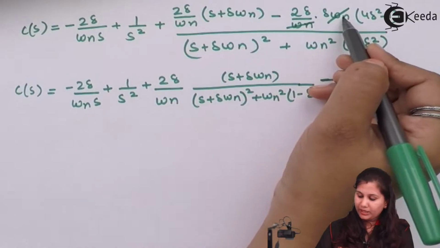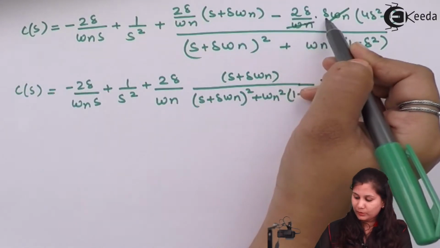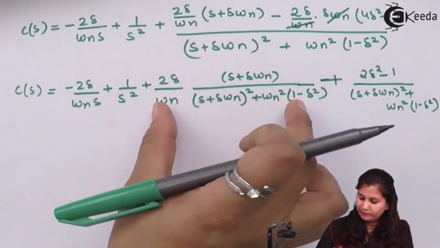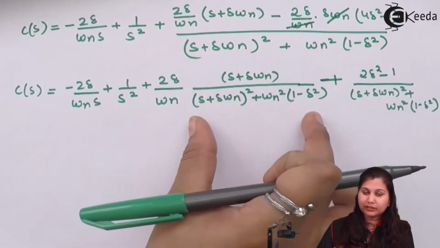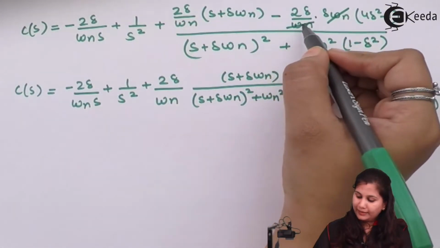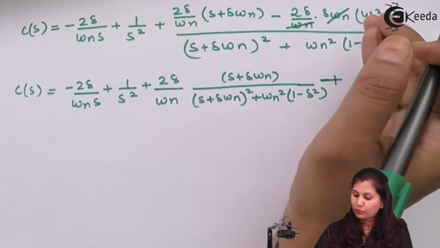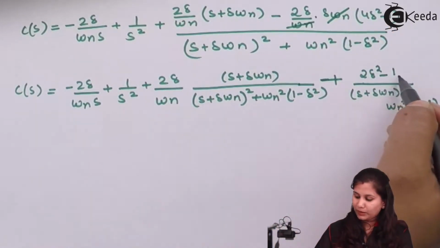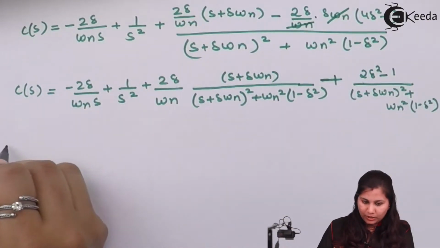Now this omega n and omega n are cancelled out, so we are left with 2 del square, minus 2 del square. Now multiply this, we have this term. This term we have written here as 2 del upon omega n, (s plus del omega n), and the denominator as it is. Then plus sign, because we have here minus 2 del square and here we have 4 del square minus 1. So 2 del square and 4 del square, we are left with 2 del square and then minus 1, and the denominator term is as it is. Okay, now we know that